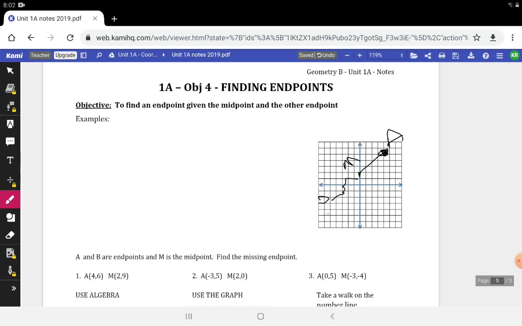The way we're going to do that, well, there's three actual ways. But we need to remind ourselves that the midpoint formula is